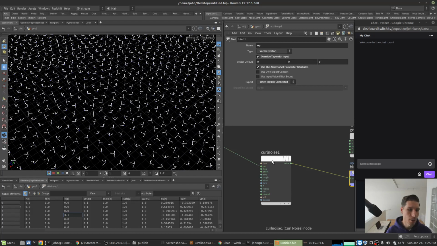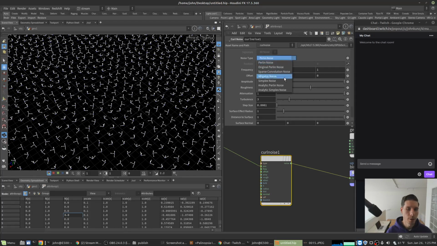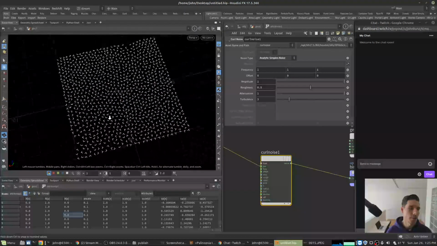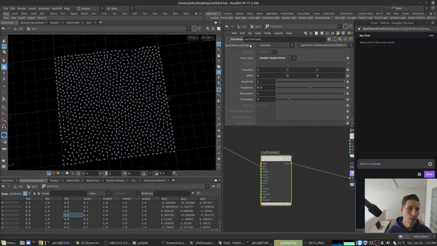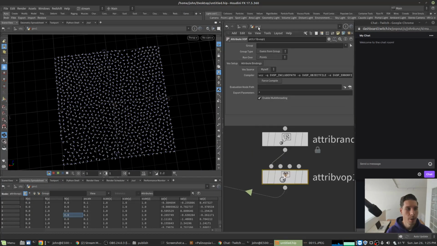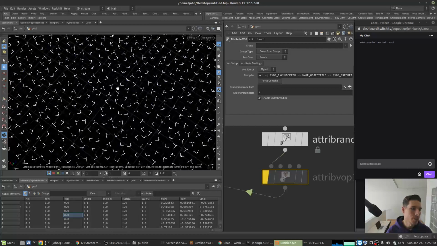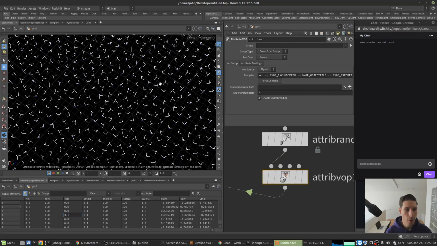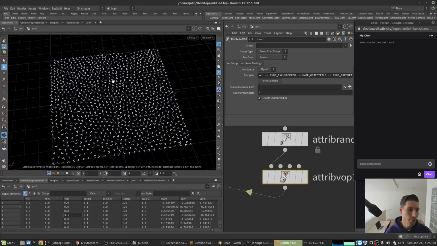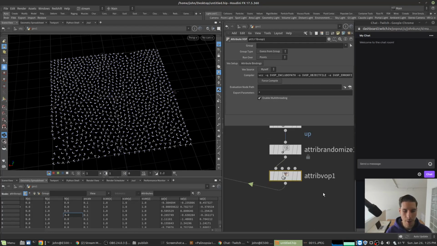So this is an interesting way here. We could use different types of noises and get different noises applied to our up. So the main difference here is, instead of this random, this is like if you dropped a bunch of little things on a table, they would all just land in random directions, or they would kind of rotate randomly. But if you want an overall kind of cohesive randomness to things, like in this case,